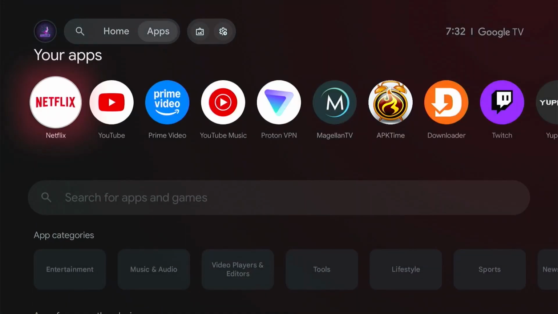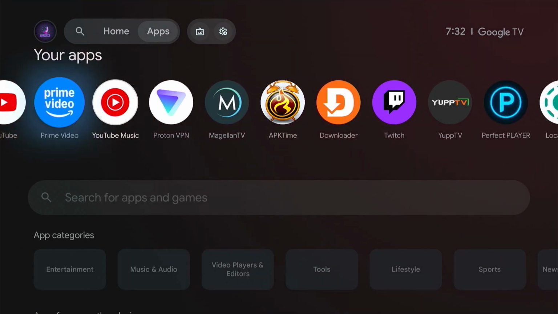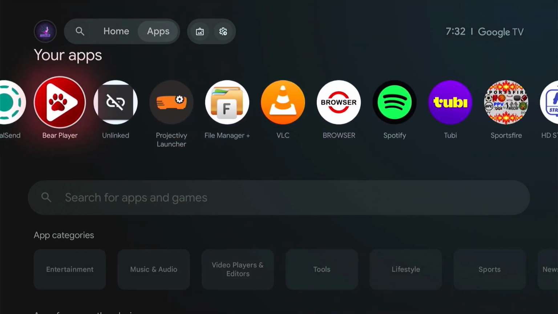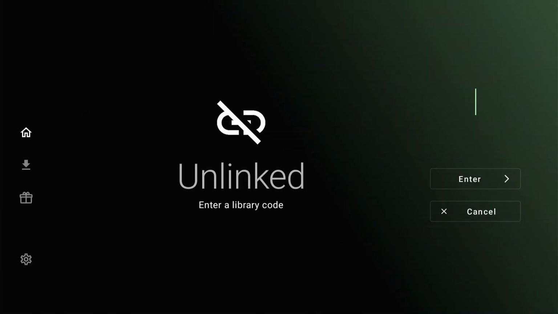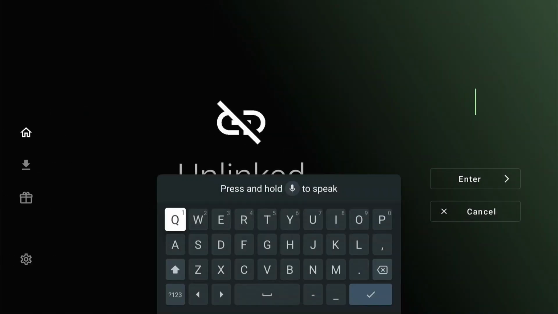And we're going to be using the Unlinked app for this process in step 2. If you don't have the Unlinked app, check the video I have showing you how to download and install it. Then launch the app. When you launch the app, you just want to open up the library. Add this library. So I'm going to add the everything library. So everything, capital letters, EV,